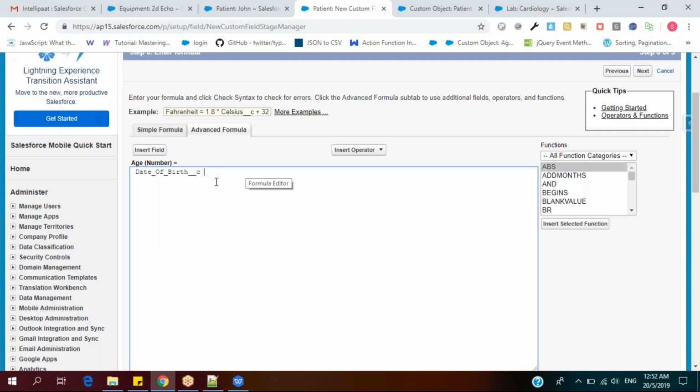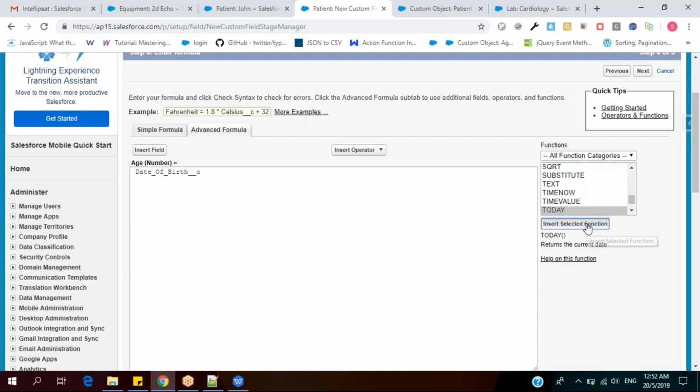Now the problem is today. If you want to calculate the accurate age, it is today minus his date of birth. There is a function called TODAY which returns the current date. So today minus date of birth will give you the number of days, for example 5th May 1980 to 5th May 2019, 2542, for example. Then divide it by 365. It will give you, let's say,